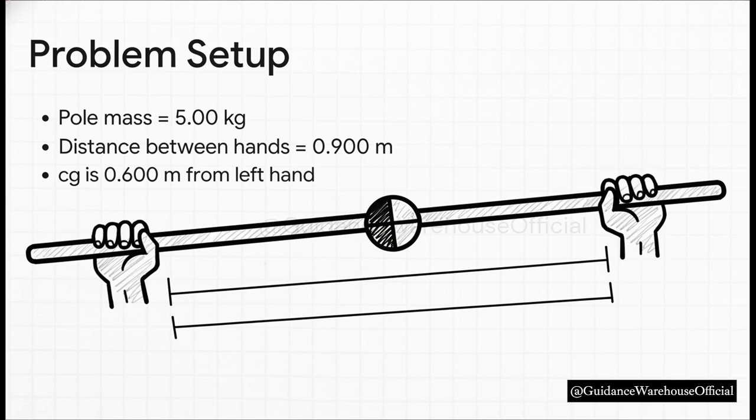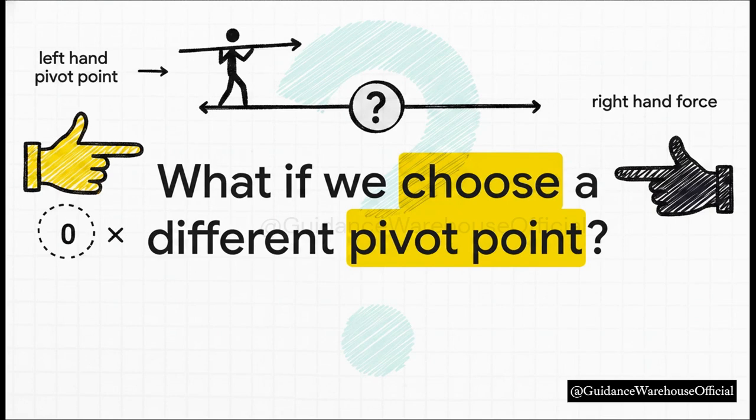We need to calculate the exact upward force for the right hand and the upward force for the left hand. But wait, how do we choose a pivot point for our torque equation? This is a huge trick. We have two unknowns right now, the left-hand force and the right-hand force. If we pick a random pivot point, we're stuck with an equation with two unknowns, which is a nightmare to